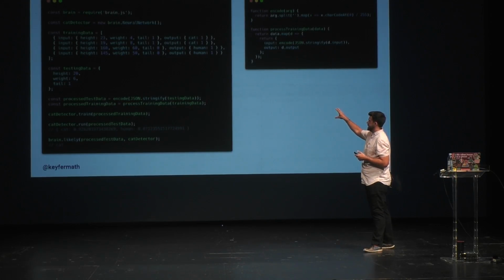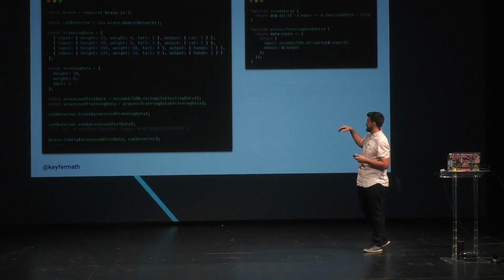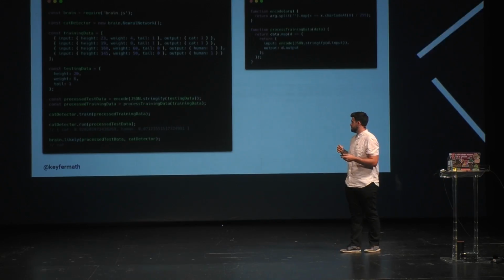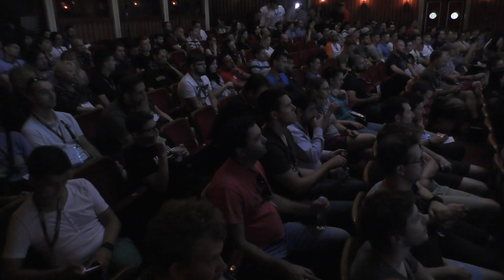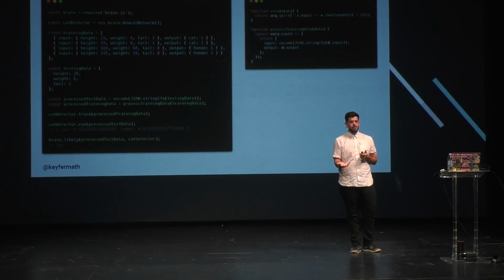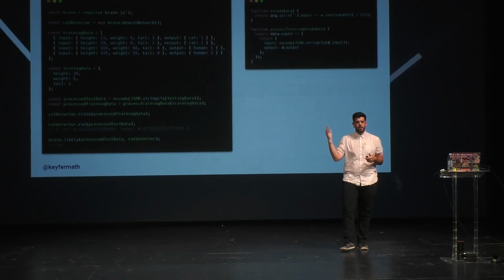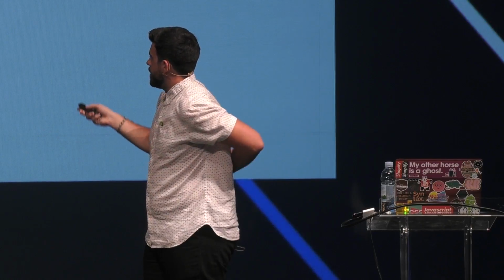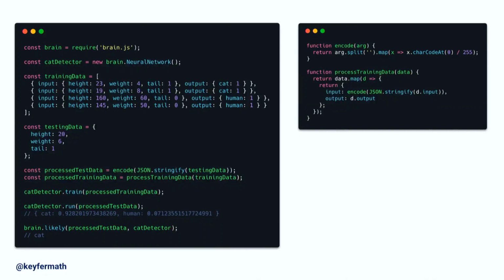So we have our training data, and now we have our testing data. Let's say our testing data is a height of 20 centimeters, a weight of 6 kilograms, and a tail of 1. We don't have an output for this. We don't have a label for this data because this is the data we want our model to learn how to predict. At the bottom, we encode and process or translate our data before we pass it into this neural